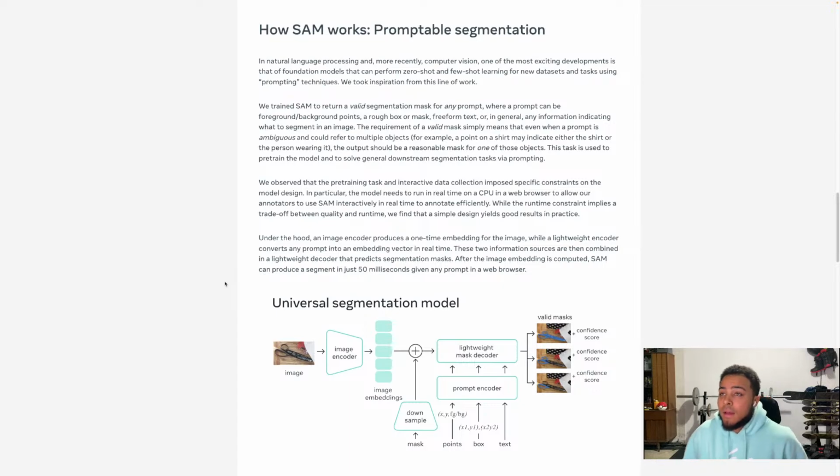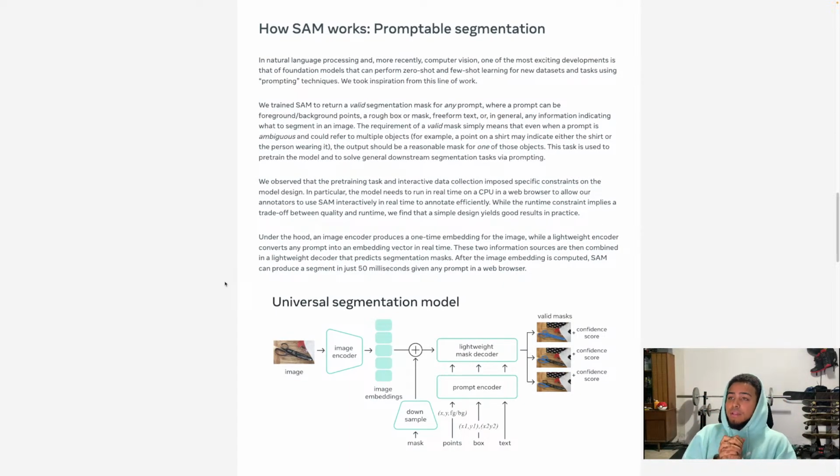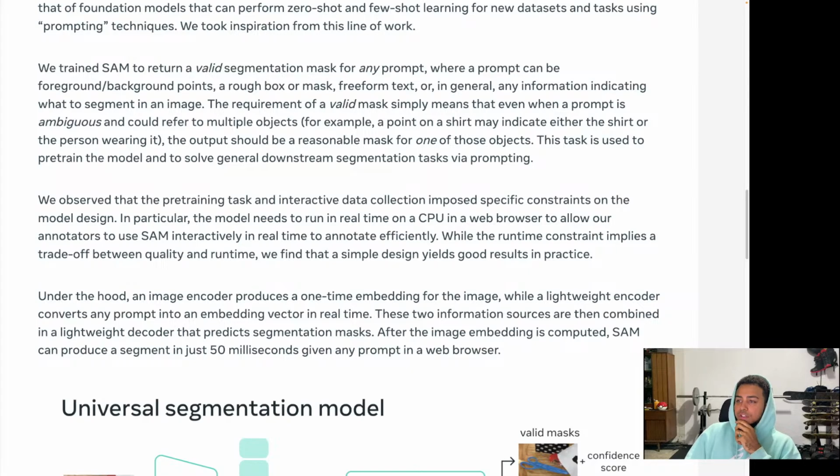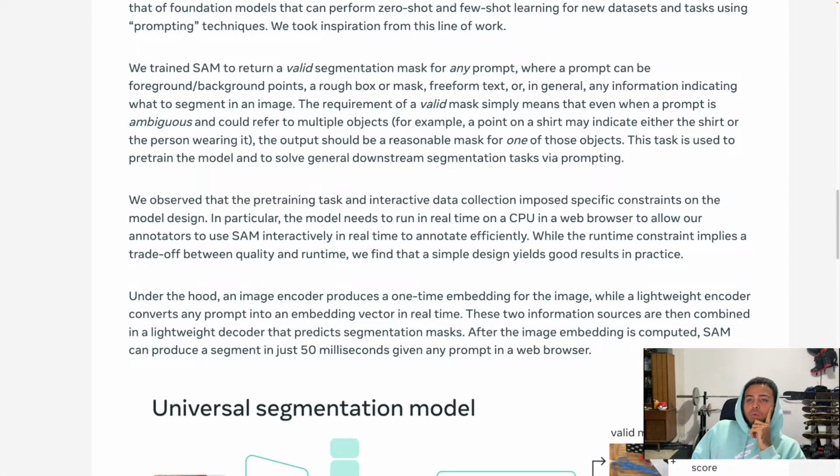We left off here. How SAM works, promptable segmentation. In NLP, and more recently, computer vision, one of the most exciting developments is that of foundation models that can perform zero-shot and few-shot learning for new data sets and tasks using prompting techniques. We took inspiration from this line of work. We trained SAM to return a valid segmentation mask for any prompt, where a prompt can be foreground or background points, a rough box or mask, freeform text,